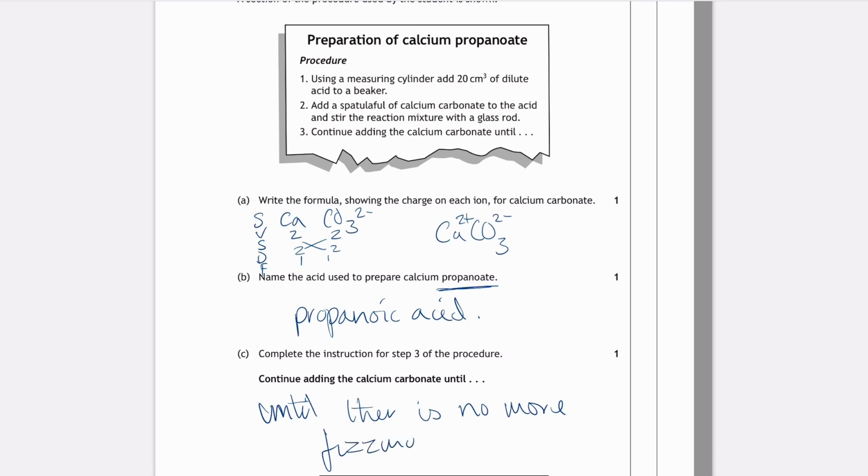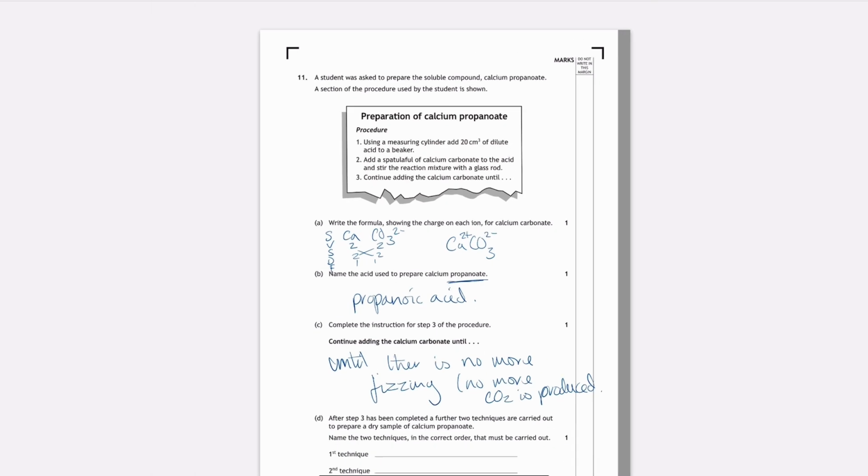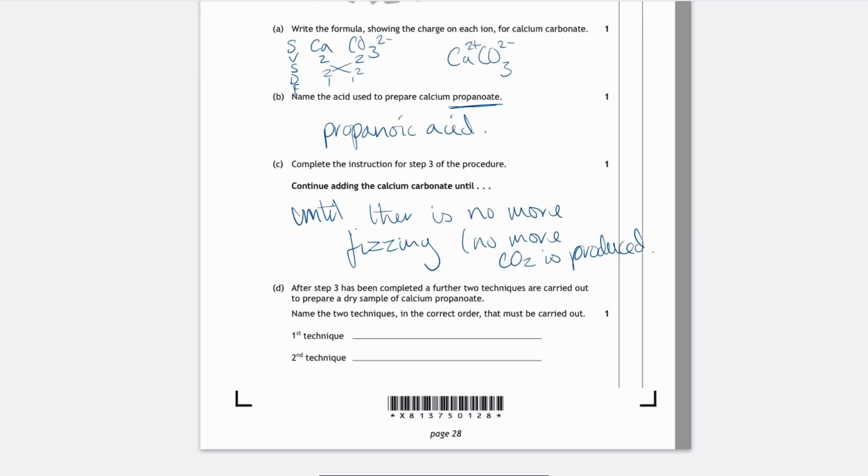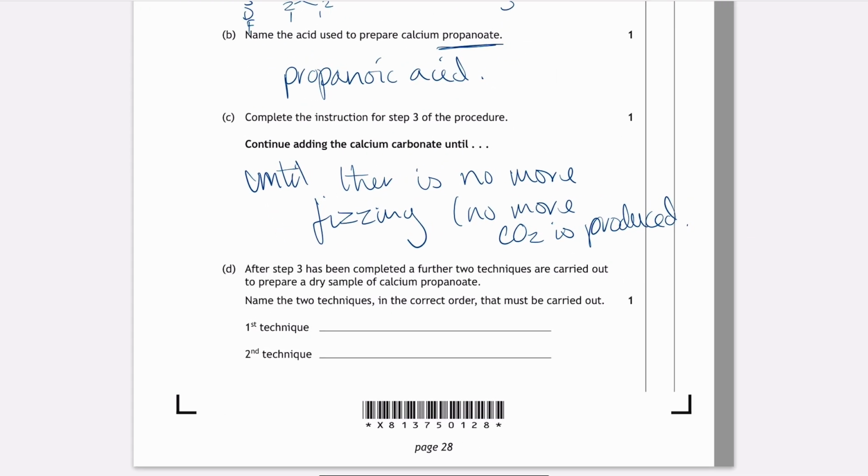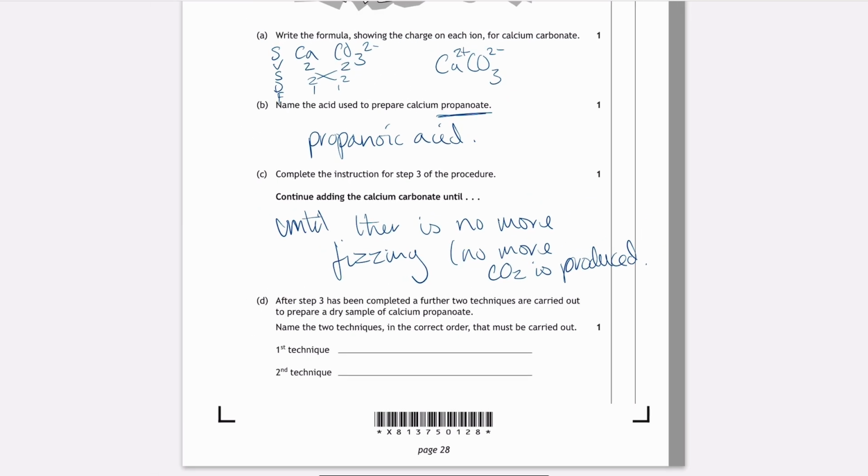Or you can call it bubbling or effervescence or whatever. But it's because no more CO2 is produced. That means you've then fully reacted it. Then once that happens, to get a dry sample of your salts, once you've got your neutral solution, which is what you'll have here once you've added enough calcium carbonate to stop it fizzing,